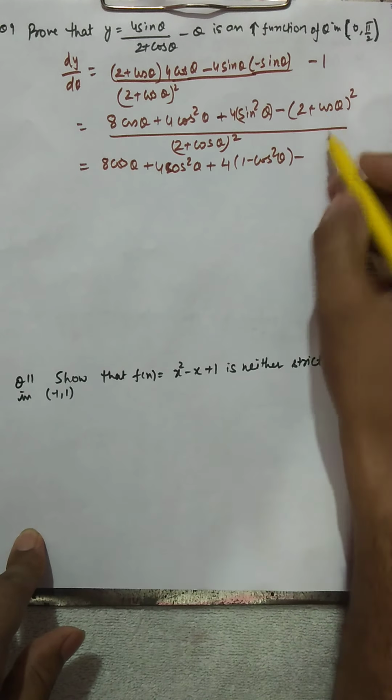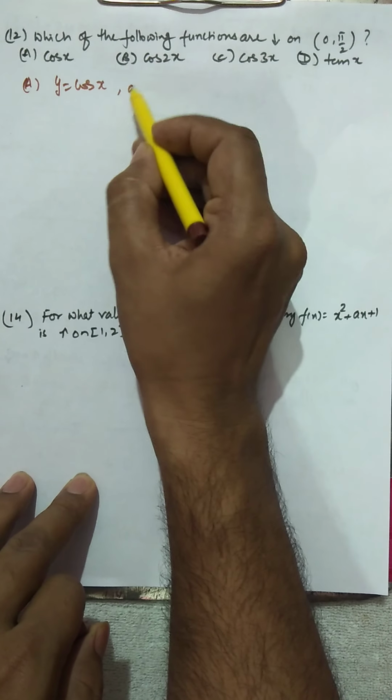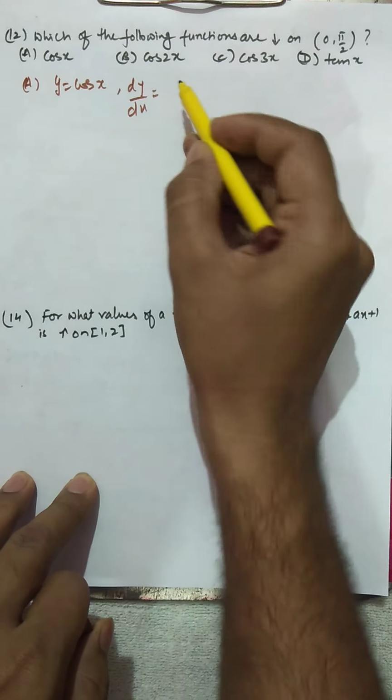Now question number 12. Which of the following functions are decreasing on 0 to pi by 2? So part A, we take y equal to cos x. So we find dy by dx. Your dy by dx is going to be sin x, and you can see that sin x is positive, greater than 0 for all x belongs to 0 to